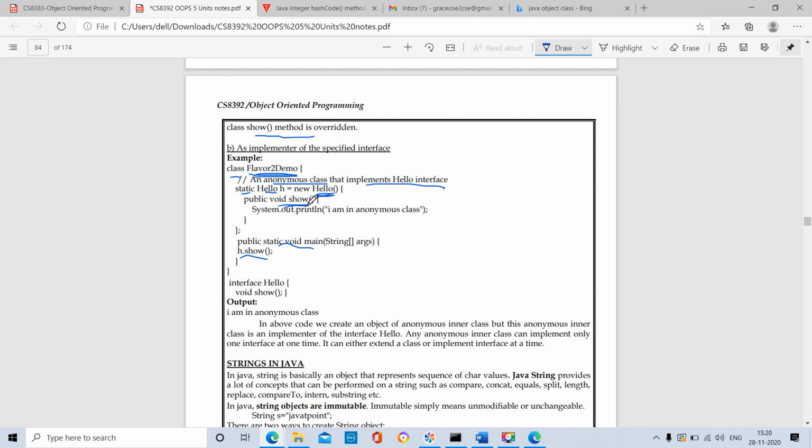See here, our void show method is defined here. That declared method will be defined here in Flavor2Demo. This is the anonymous class. It is derived from the Hello interface.